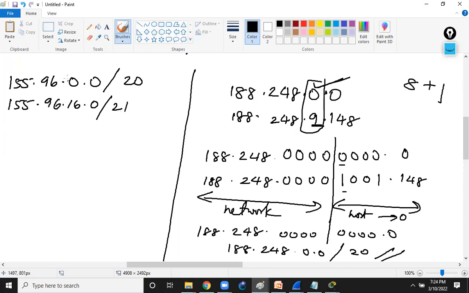Now, or just give me a moment, let it be instead of 0.0, so you can cut it, let it be 160.0 slash, how much did I write? 20. Okay, now